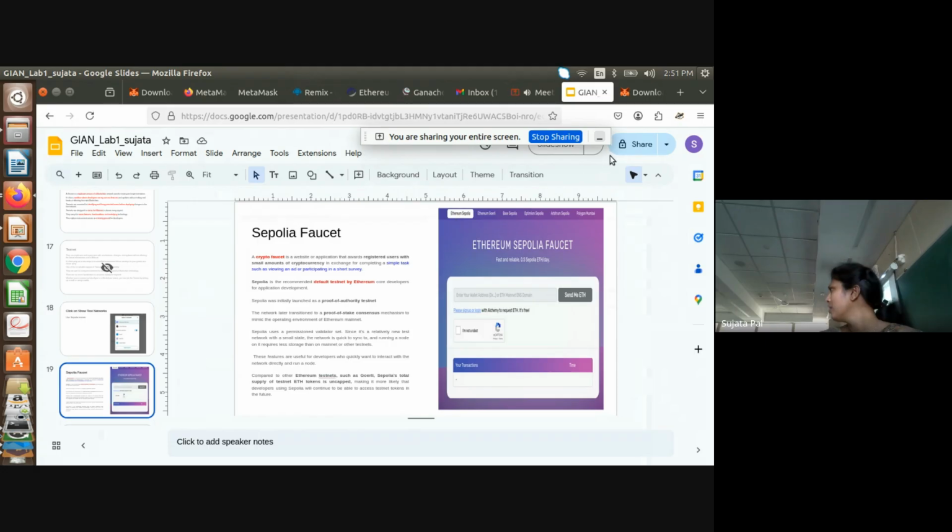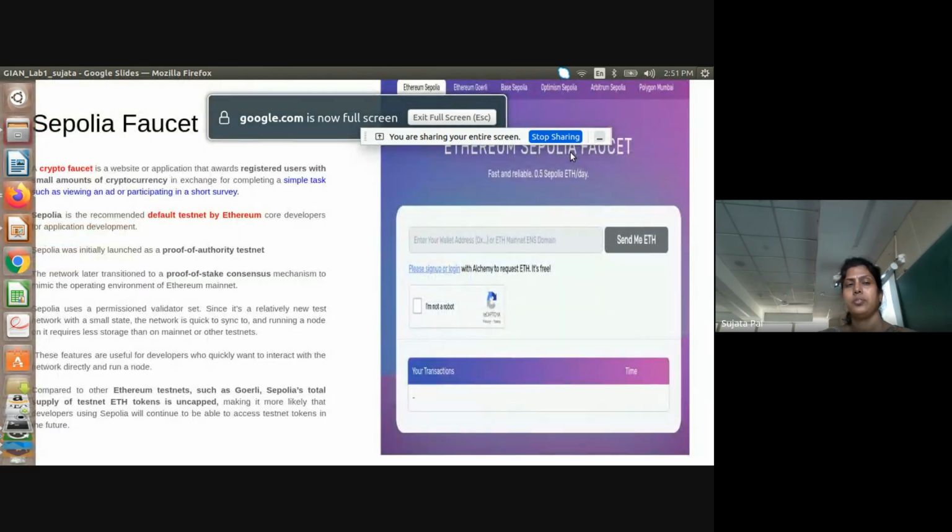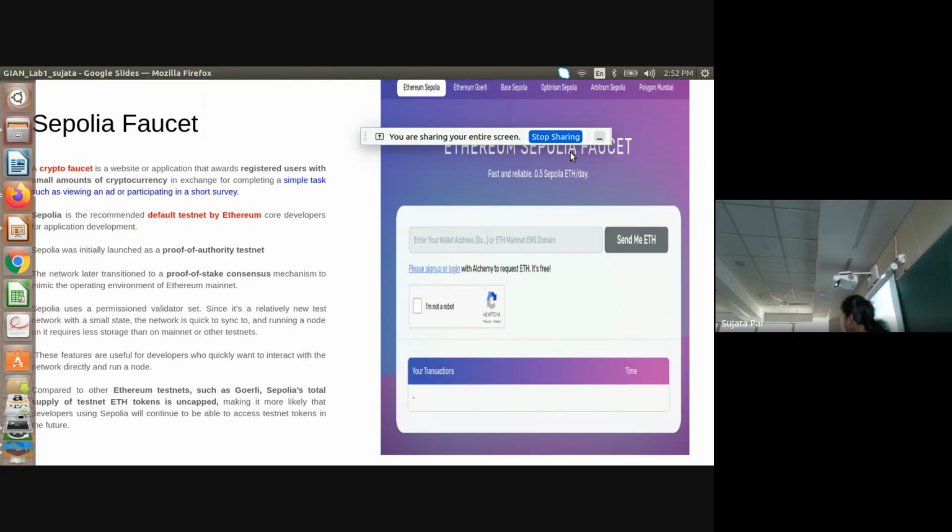Slideshow. But this is visible to everyone. Sepolia, you have chosen? What is it showing? It's showing 0 ETH. Sepolia ETH. Yes, ma'am, it is Sepolia. Sepolia only.